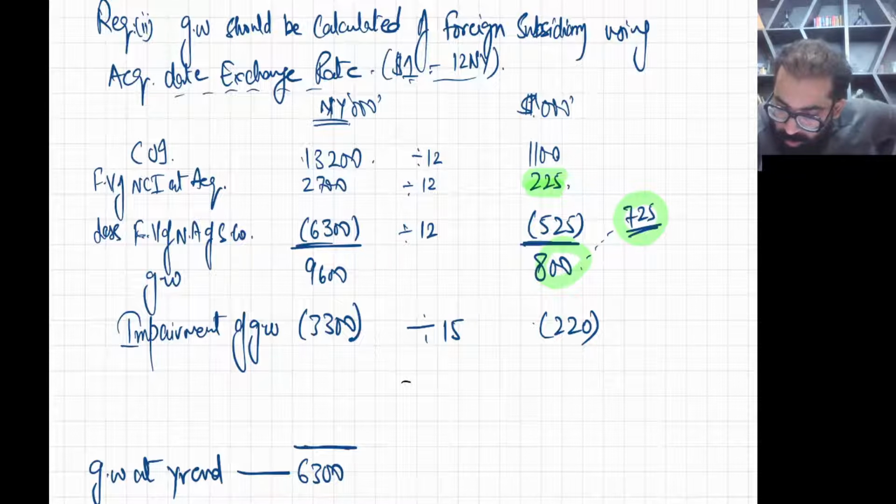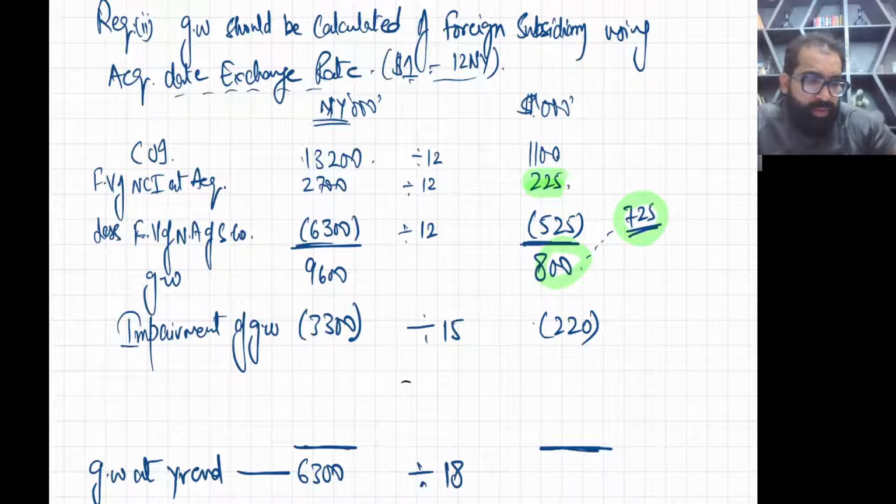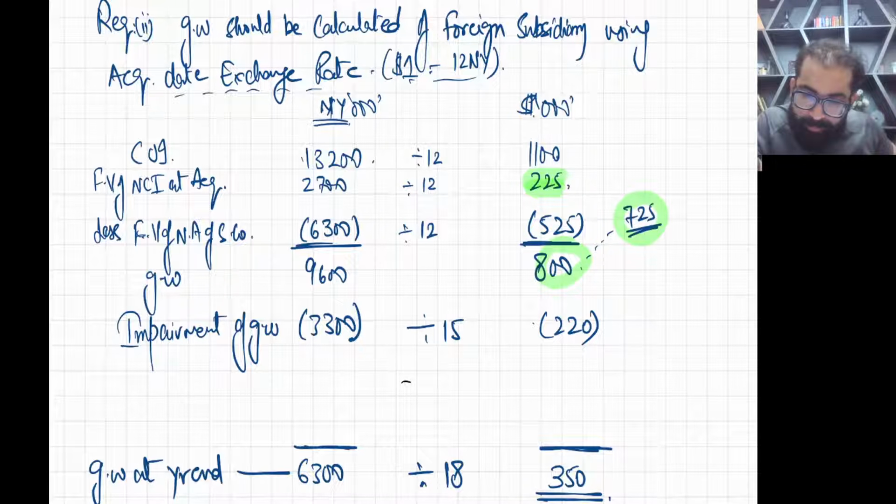So now I need to retranslate it using the year end exchange rate. Here I have to retranslate it using the year end exchange rate. So this will be $350. Now very interesting thing, let me change the color. Wait,